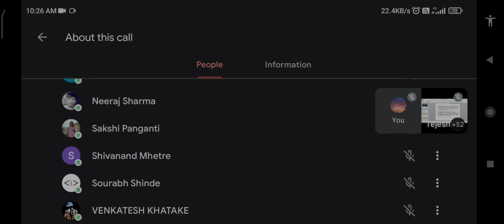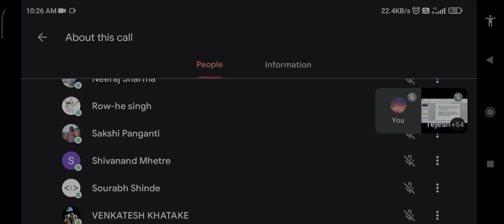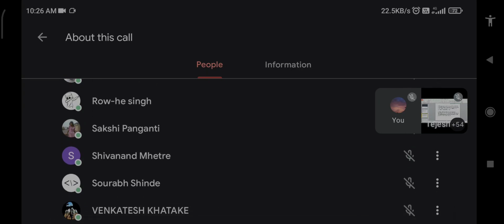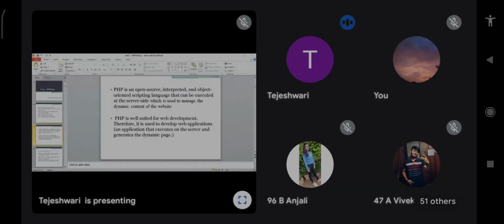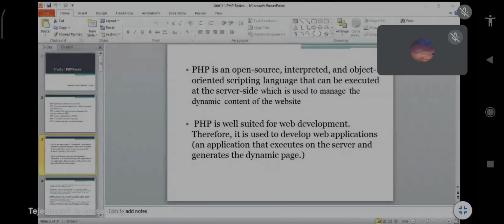Tell me which websites are static websites or which websites are dynamic websites. Okay, don't tell me the difference. Now tell me which website. Any example that you know for a static website or for a dynamic website? Tell me fast.